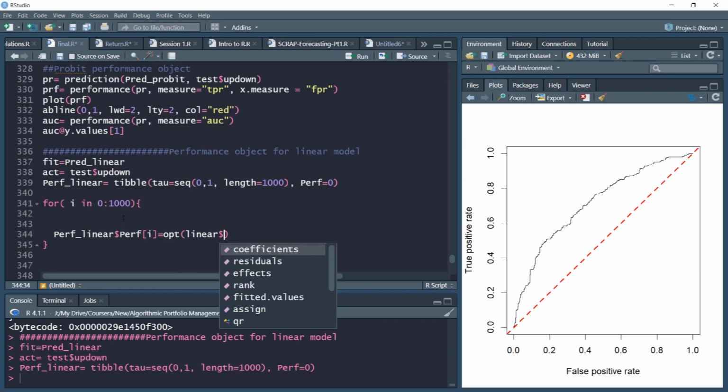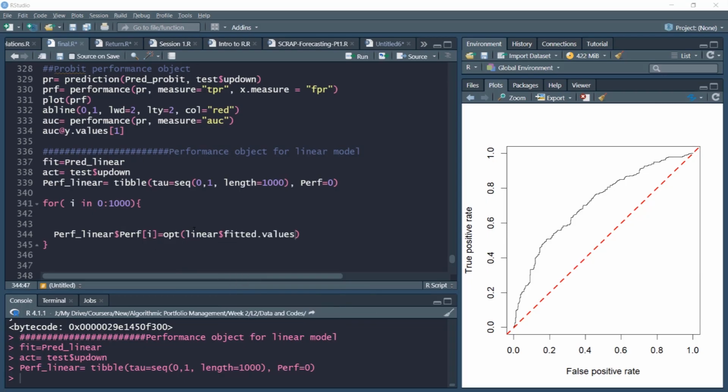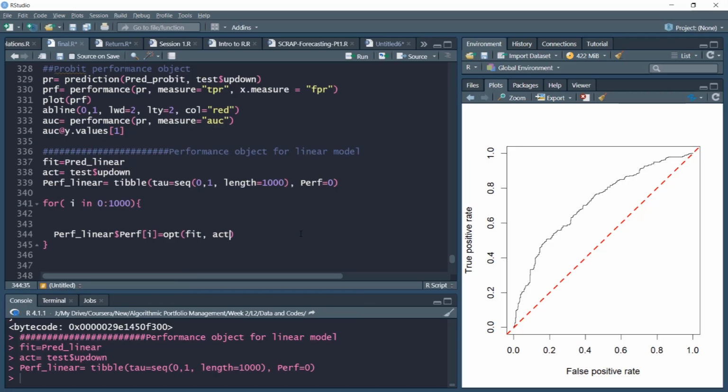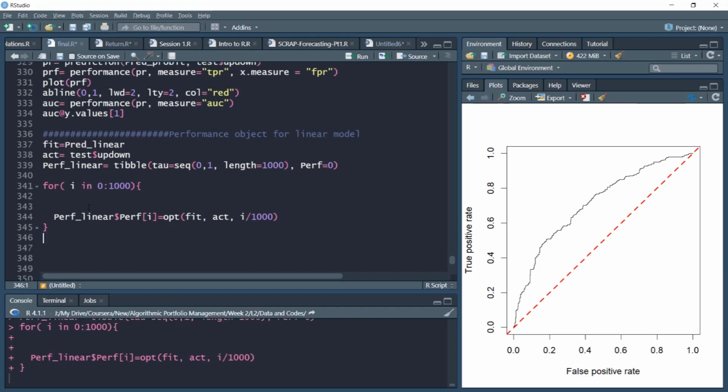I can simply use the fit we have already assigned to the predicted values. Actual values are also assigned here, and then i upon 1000. So this will be our performance object. I'll run this. So this performance linear object will carry my performance object values through the simulated threshold values.